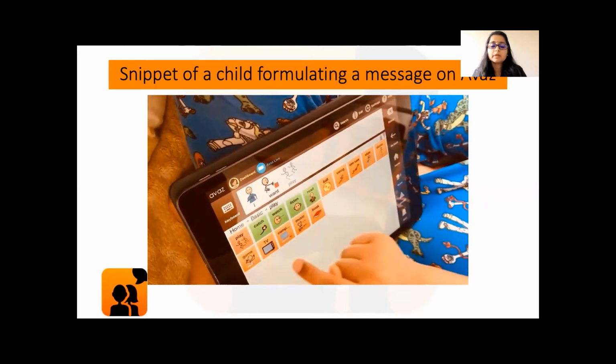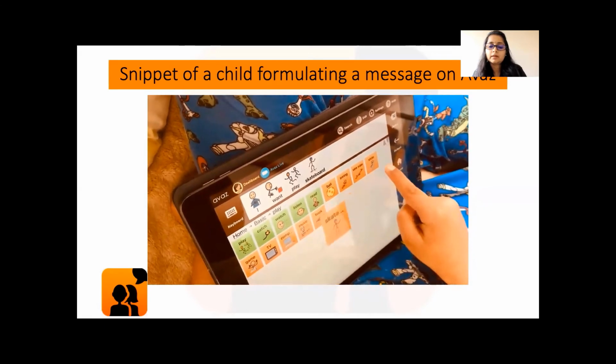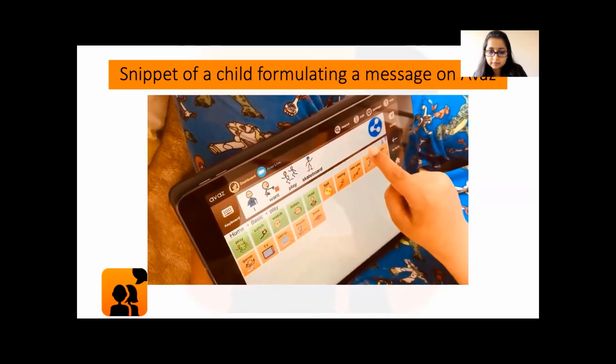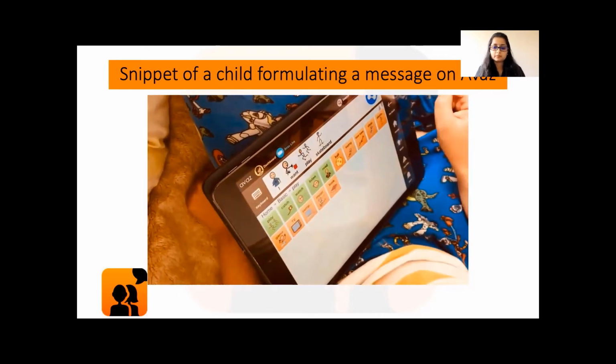So the child is going to the play folder. Skateboard. And selecting the I want play skateboard. You want skateboard activity. Okay. So that was an example of a child formulating a message.